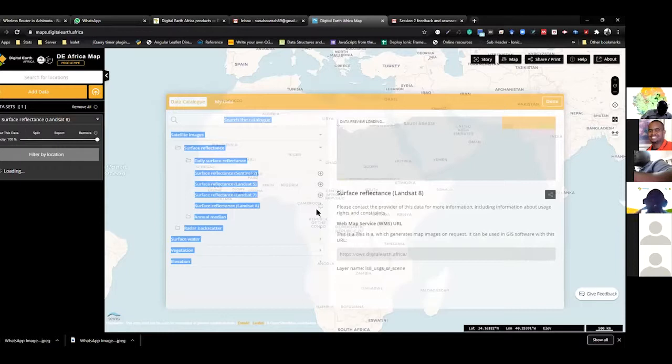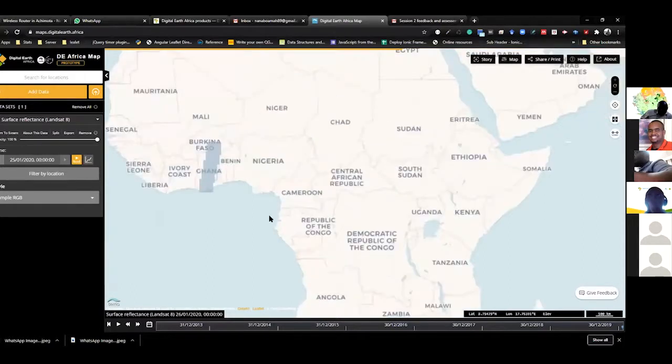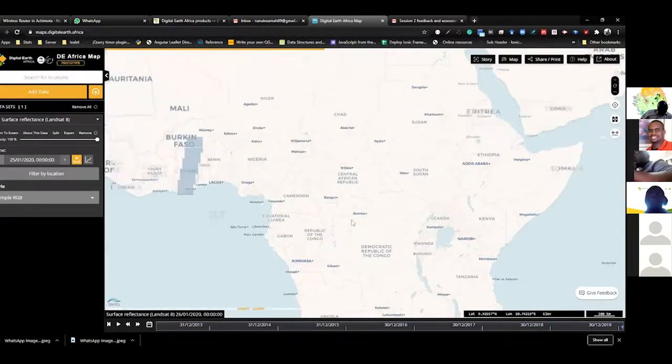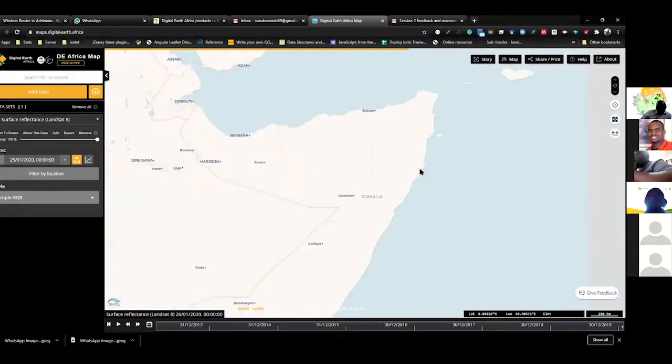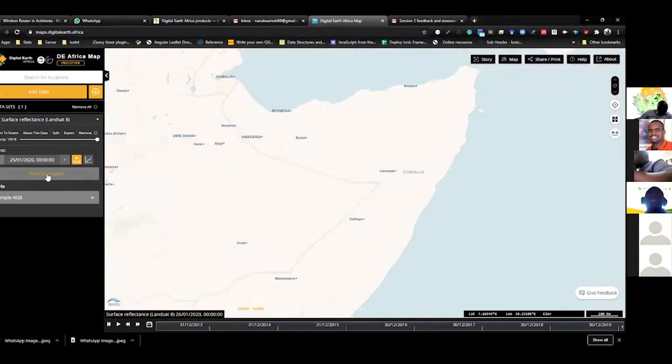But it doesn't show the whole of Africa, only the place you'll be interested in. So let's assume you zoom to around this area, Somalia. I want to only get the image of this area. To do that, click on filter by location.